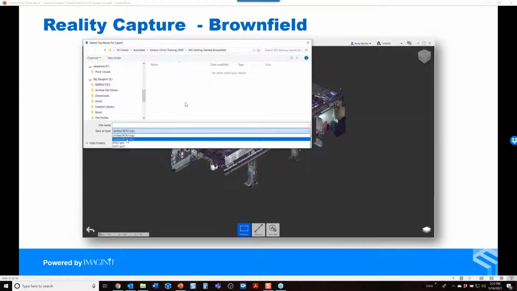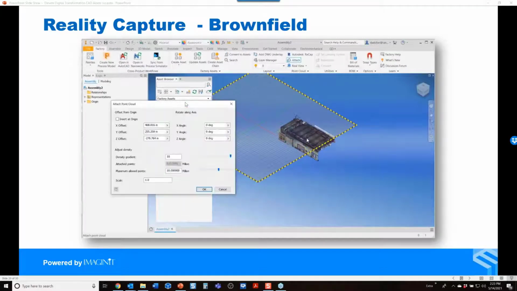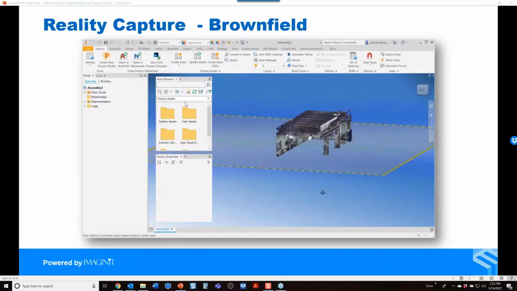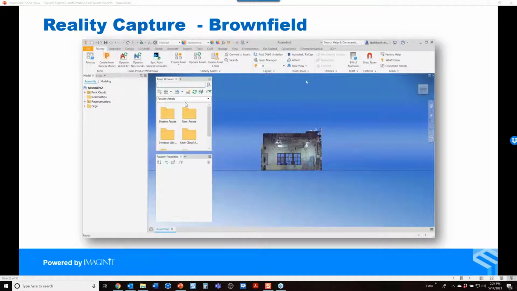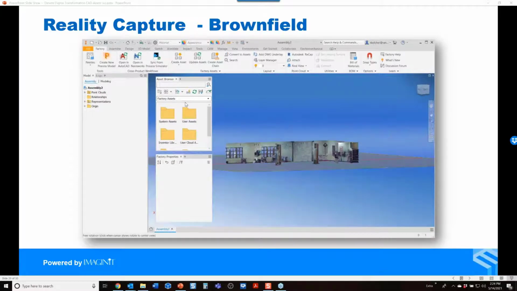Now, once my point cloud is cleaned up, I can then export it easily over into Inventor, my CAD tool, and then I can insert it at the origin. So here is this reality capture populating into my layout space, and it's lining up perfectly. Now, there are tools inside of Inventor that help us to deal with point clouds. The box crop tool allows me to define points that I want to keep and points that I want to hide. So I can remove the roof of this cloud immediately and see up underneath of it